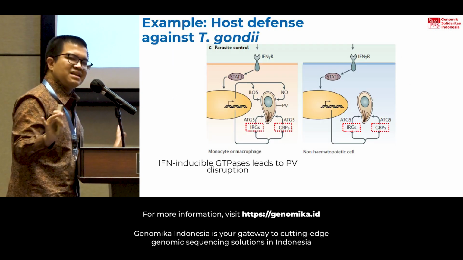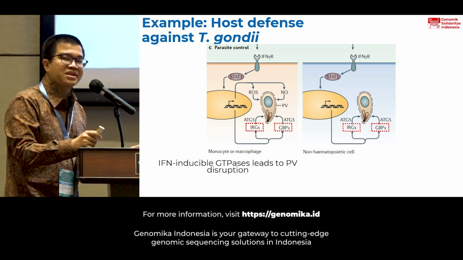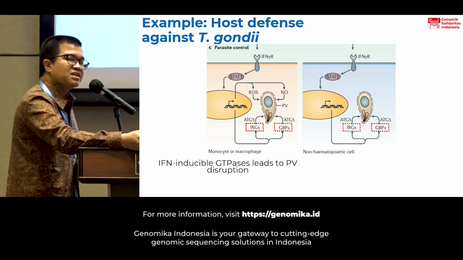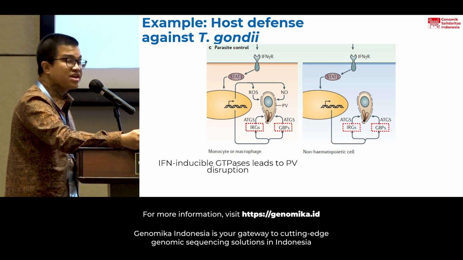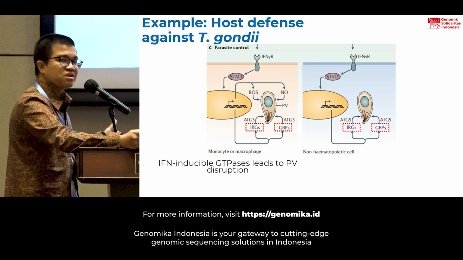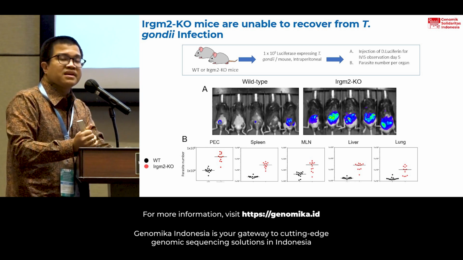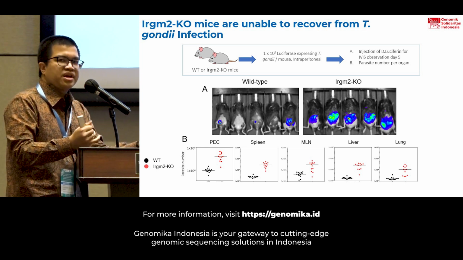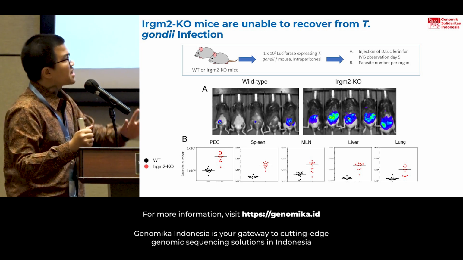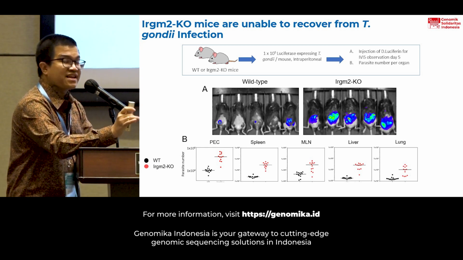Now, in a simplified way that totally undermined my 5 years of blood, sweat, and tears in my PhD, we begin by looking at two very important gene families, the IRGs and the GBPs. Both of them are important in recognizing intracellular pathogens. And then through the magic of CRISPR and genome editing, I was assigned to create a knockout mouse. So I knocked out that specific IRGM2, and I found out that the mice that don't have that gene structure